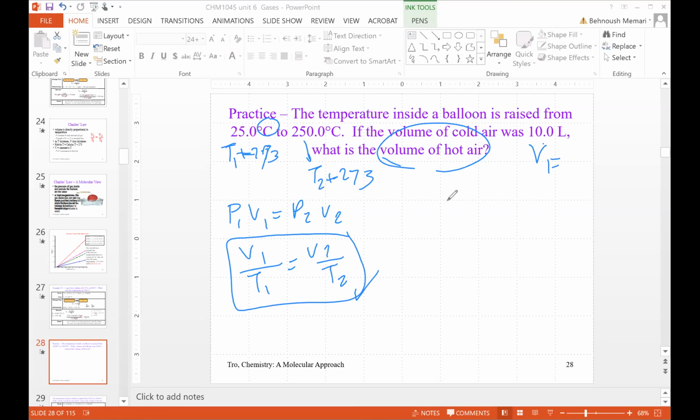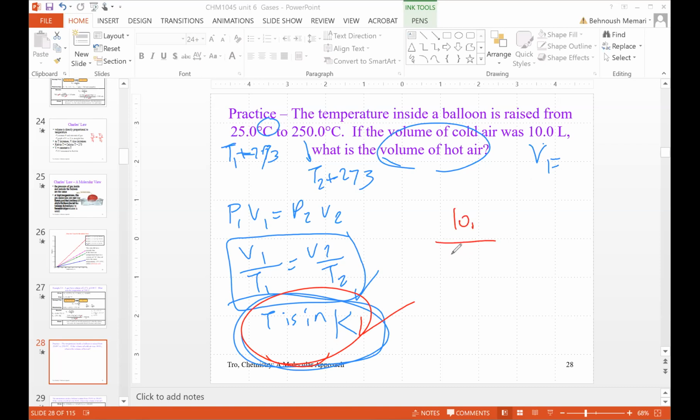And then you set up the equation. As long as the units are matching, and if you're using Charles' law, make sure that temperature is in Kelvin. And that's a big deal. It has to be in Kelvin. Okay. So V1 is 10 over T1 is 298, which is 25 plus 273, equals